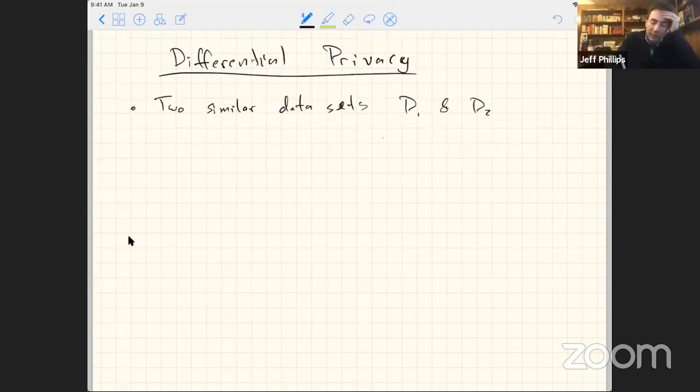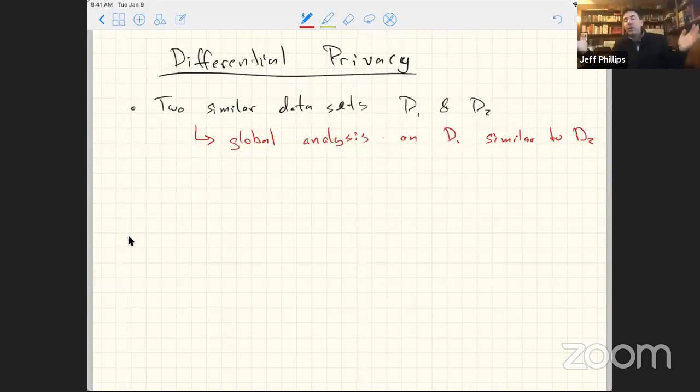I want to have two properties. I want that some global analysis on D1 is going to be similar to the analysis on D2. So if I build a predictive model on D1 or on D2, they're going to have roughly similar results. And that two,